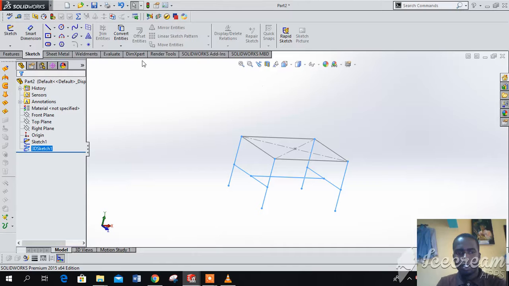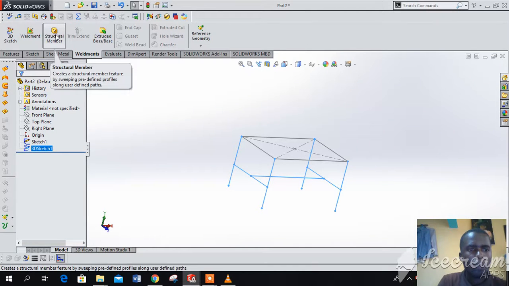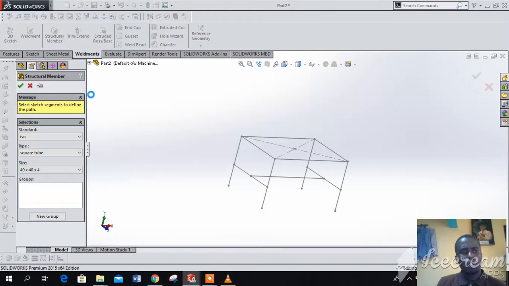After exiting the sketch, we'll go to the world notes menu, then we can go to the structure members. Here for the structure members, now after designing our sketch, we need to apply the structure members that we want our frame to be made of. So in the structure members, you can click on it,